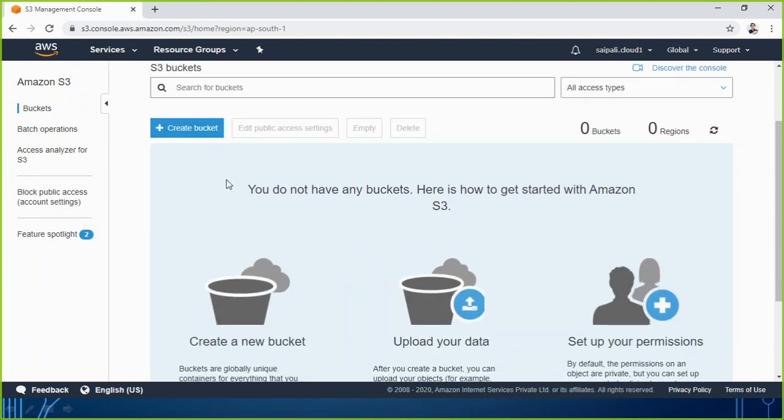But if you have created, it will be listing you here. So any change which you do for a practice, or maybe if you are a learner, you are creating an instance, you are creating any bucket. So I will request you all that once your practical is done, kindly remove them, kindly delete them, so that there will be no possibility of having any bill for that.